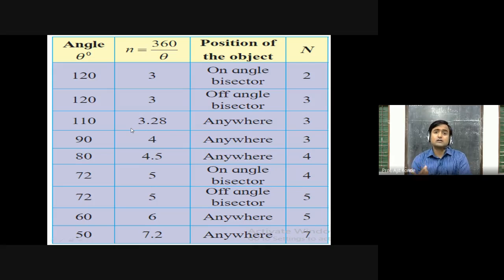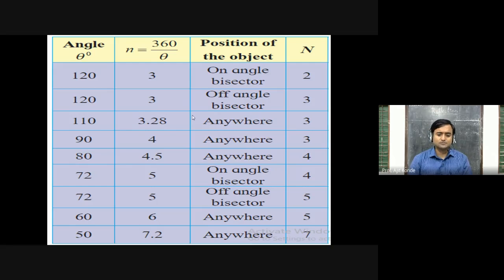If we see the next example, if the angle between two mirrors is 110 degrees, then what will happen? 360 divided by 110, answer comes to be 3.27 something, 3.2727. We will take it as approx 3.28. Now what we have to do? Since the answer is in decimals, we have to take its integral part. And what is the integral part? That is 3. Therefore, the images will be 3. Since the answer comes in decimal, we don't have to see whether the object is on the angle bisector or not. अगर डेसिमल में आएगा तो फिर आपको नहीं देखना है कि ऑब्जेक्ट एंगल बाइसेक्टर पे है या नहीं है,